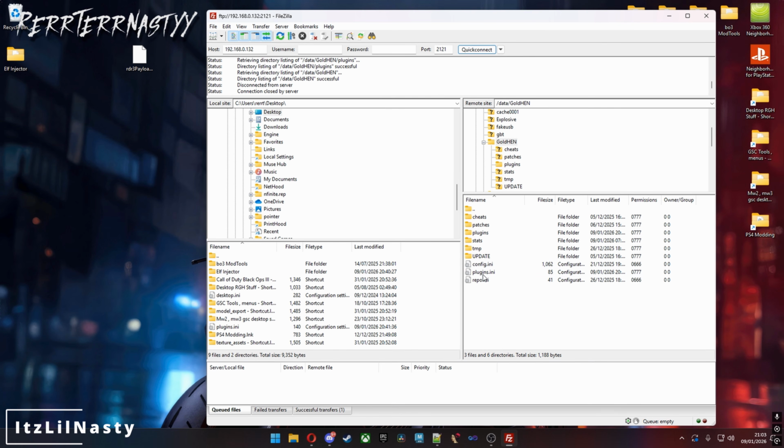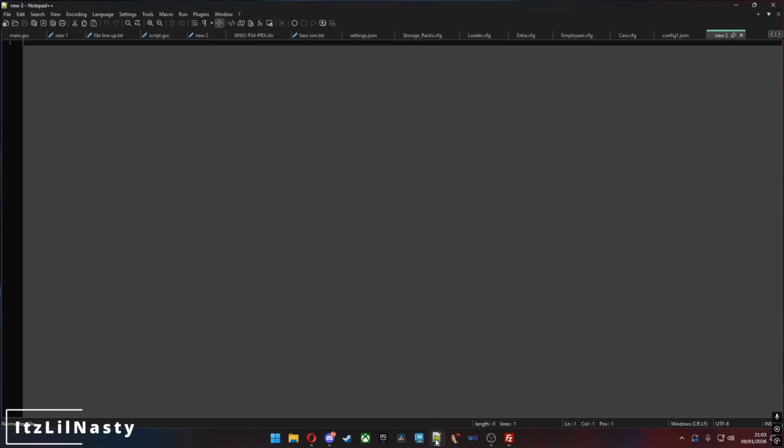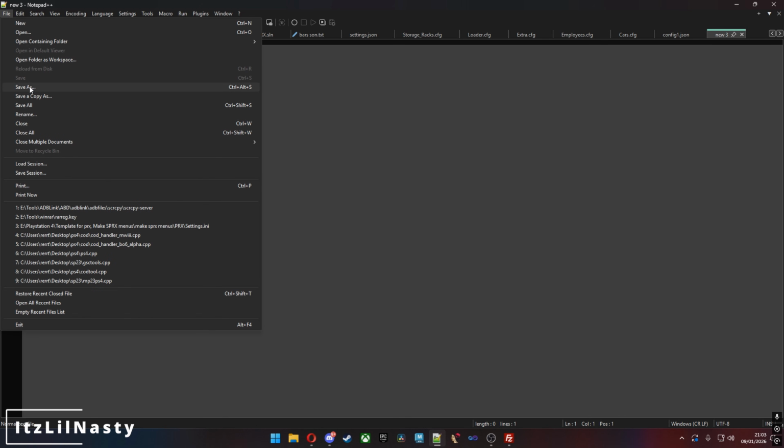Alright, next is plugins.ini. If you don't have this, it's completely fine. You could just make it with Notepad or Notepad++, anything you've got. Any text editor will do. I'm going to use Notepad++. Make sure it's a blank page. If you go to file, save as,